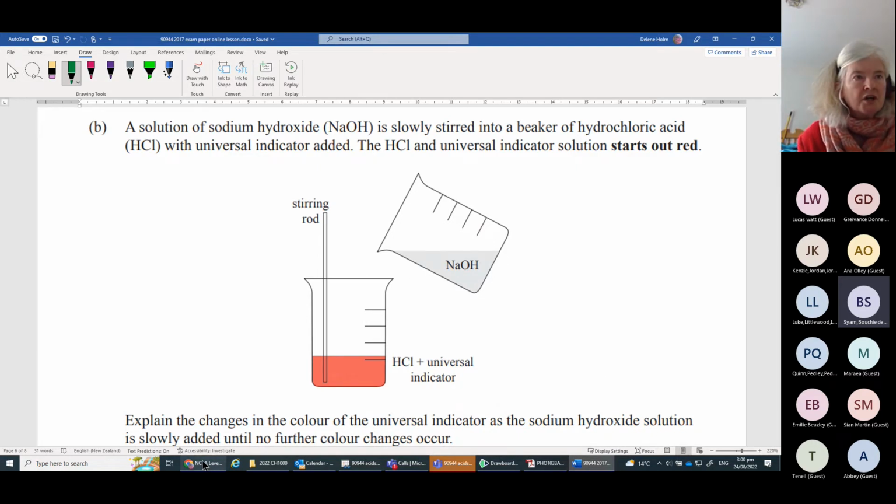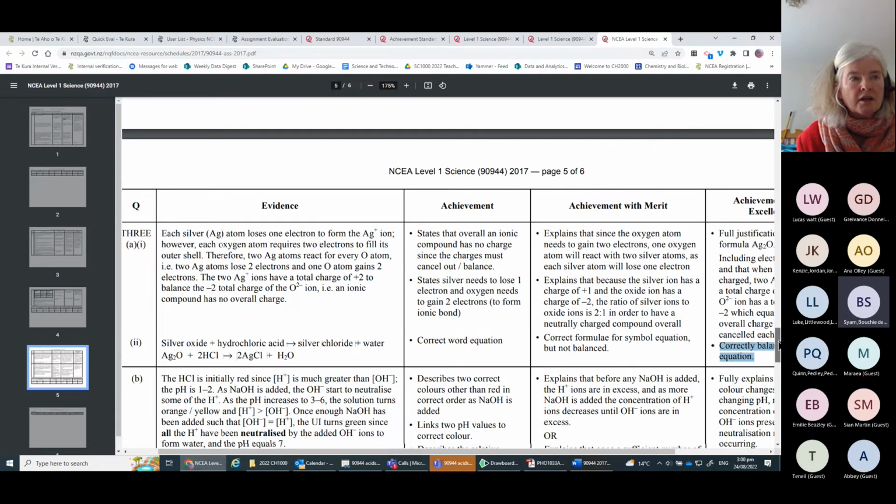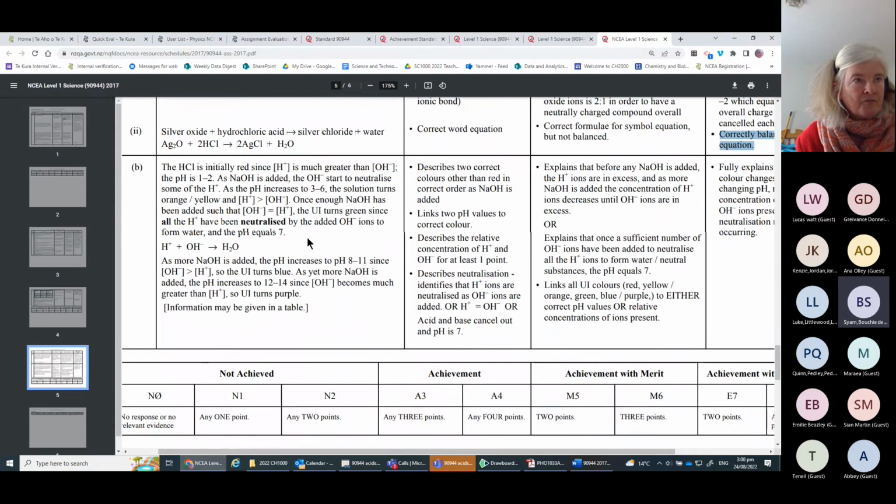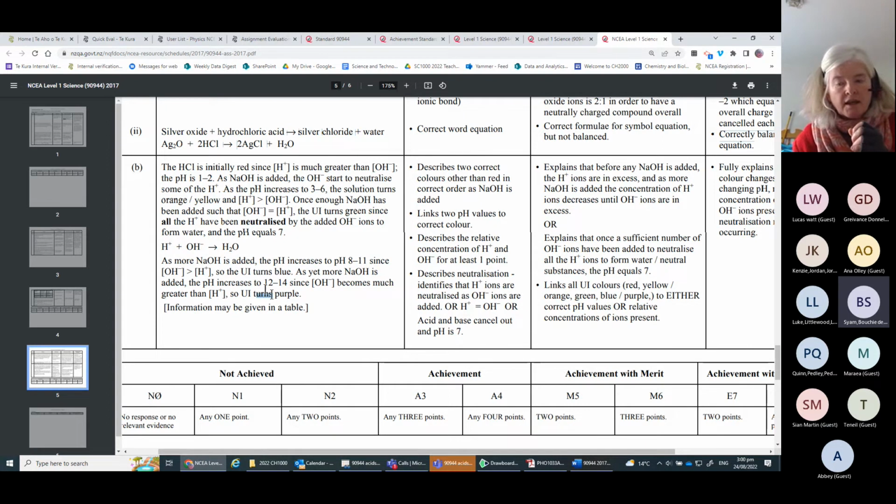So make sure you link the pH with the color, okay, and you keep on going. So here it turns green, but now you carry on going to blue and then to purple, okay. So keep on going,